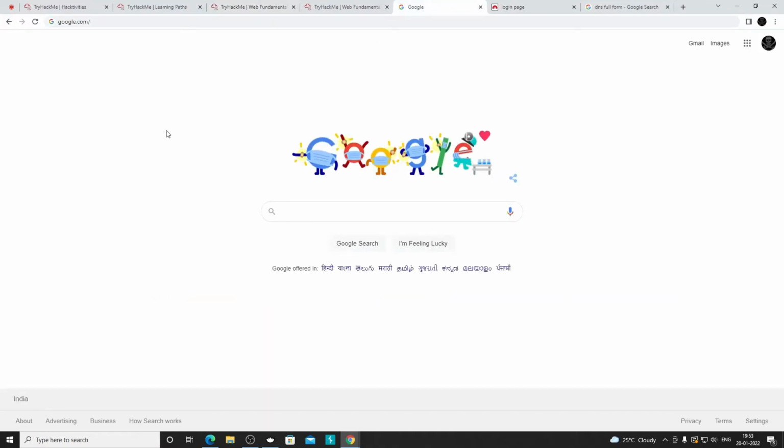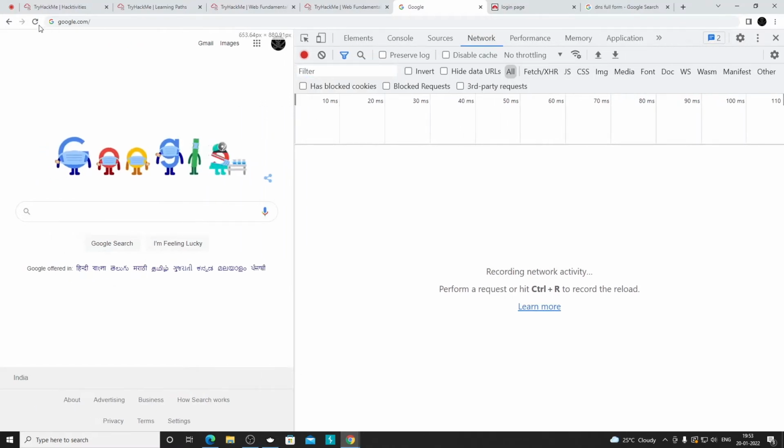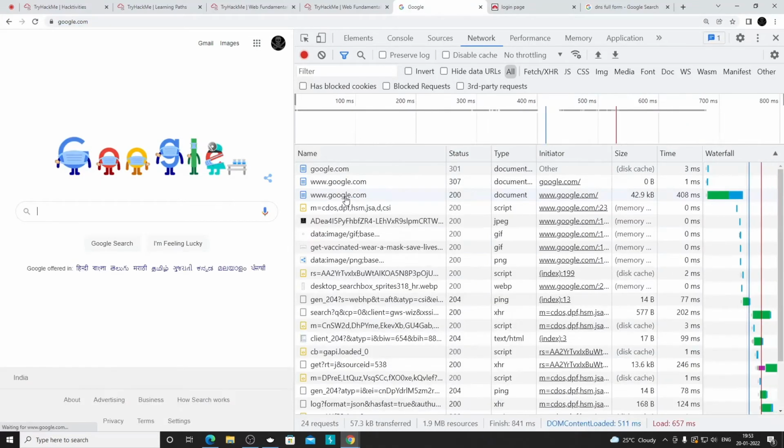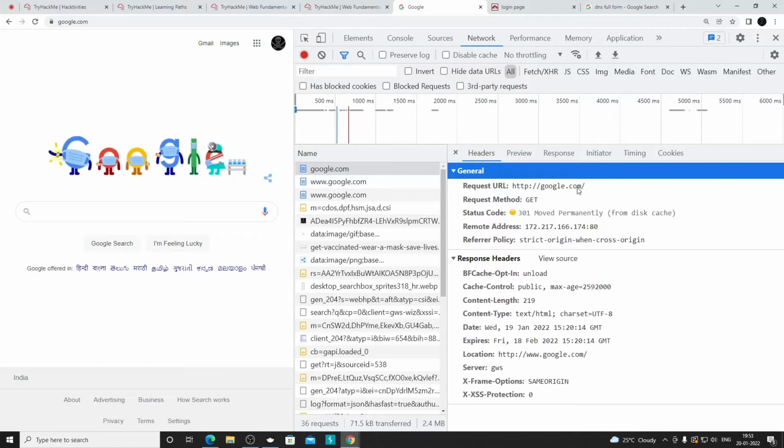Last time we discussed developer tools. If you press F12 on your keyboard, you will be able to see these tabs. Go to the Network tab, clear everything by clicking on this button, and now I will press enter. In the beginning, you can see under the headers that a request was sent to http google.com, and I already told you that Google has a configuration to always redirect to the HTTPS page. So you can see that you are getting a response code of 301. 301 always means redirect, and it's saying redirect to another location.